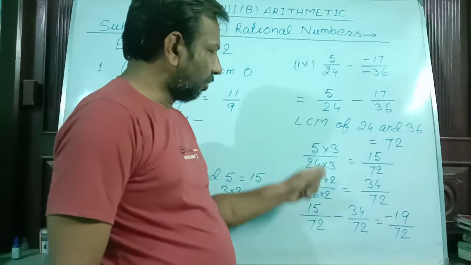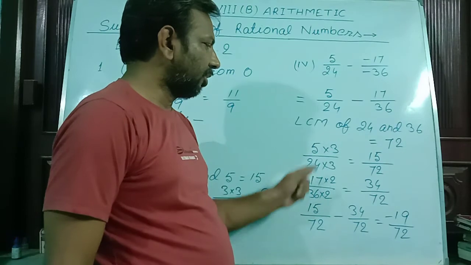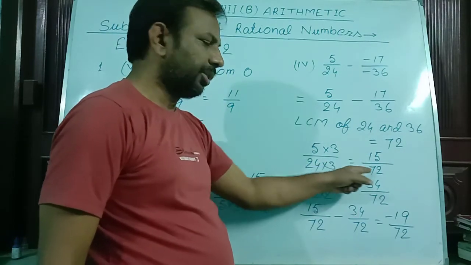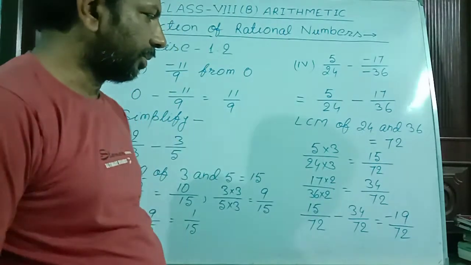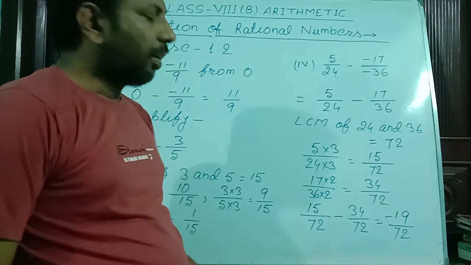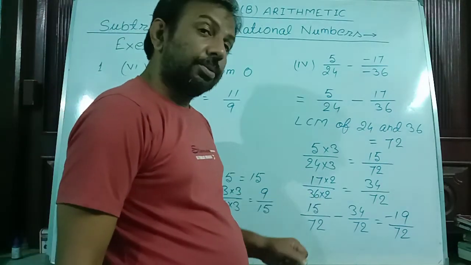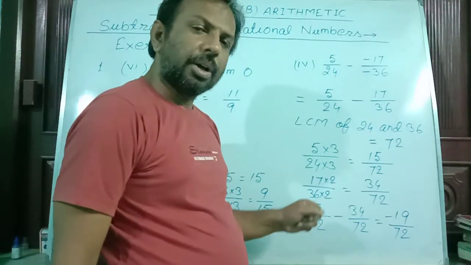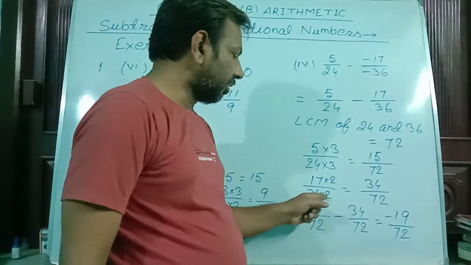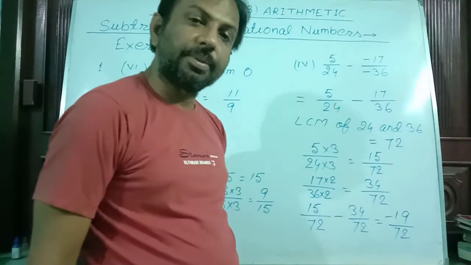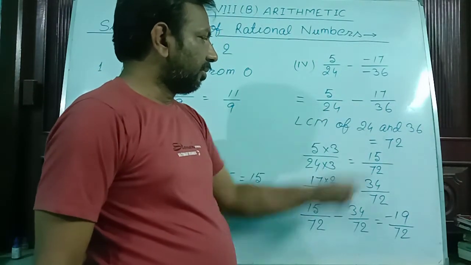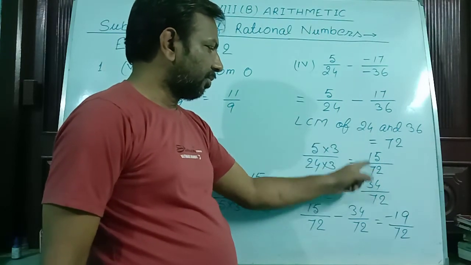That is the LCM. So we will multiply numerator also by 3. In this way, this equivalent fraction became 5 3s are 15 by 24 3s are 72, 15 by 72. Second rational number is 7 by 36. I wrote here. Now I multiply denominator by 2 to get 72. So we have to multiply numerator also by 2. 7 into 2 by 36 into 2, that is equal to 14 by 72. These two are the equivalent fractions of these two. So at these two places I have written these two equivalent fractions.